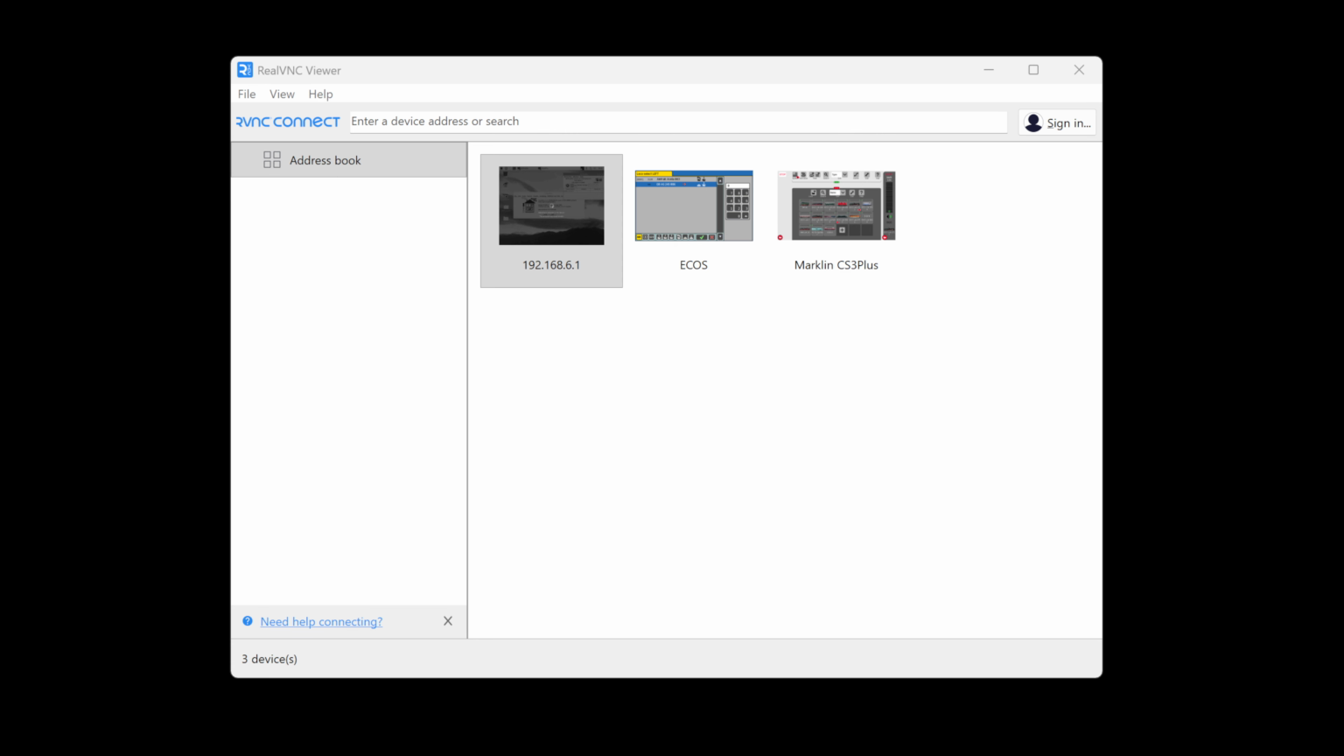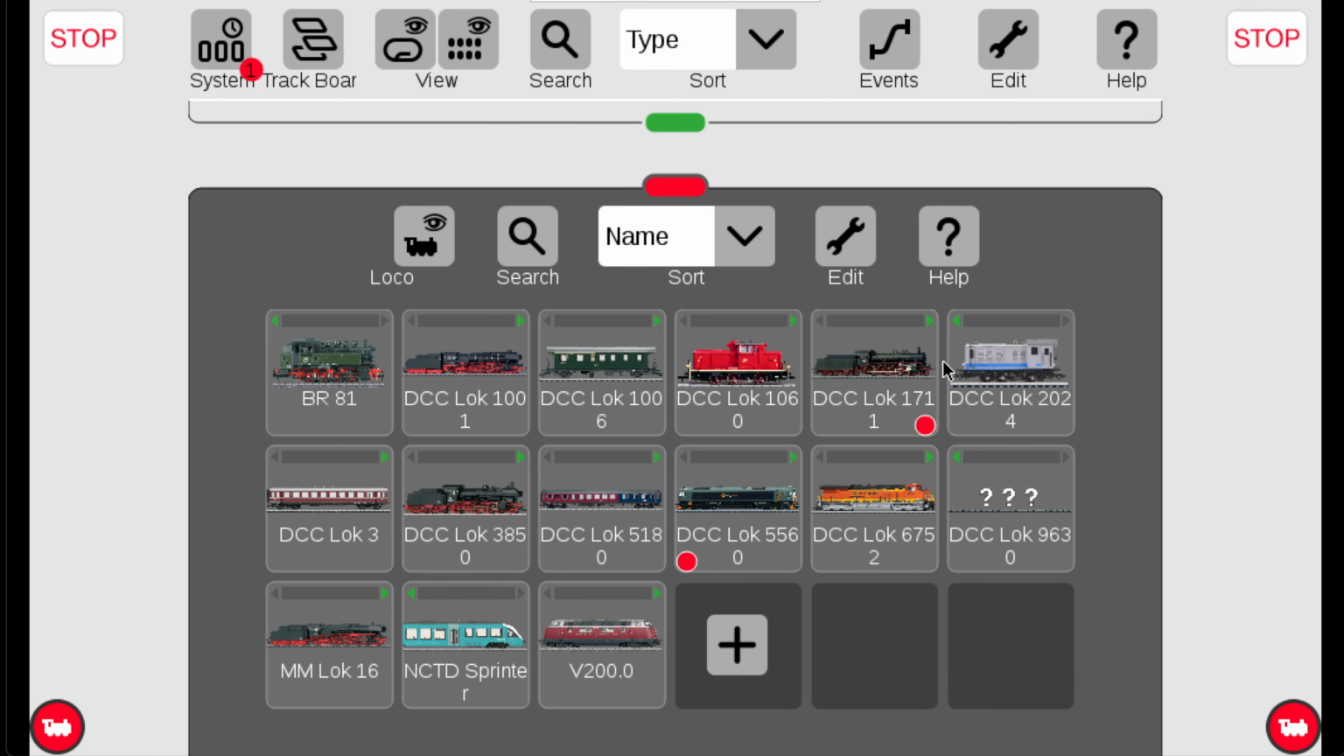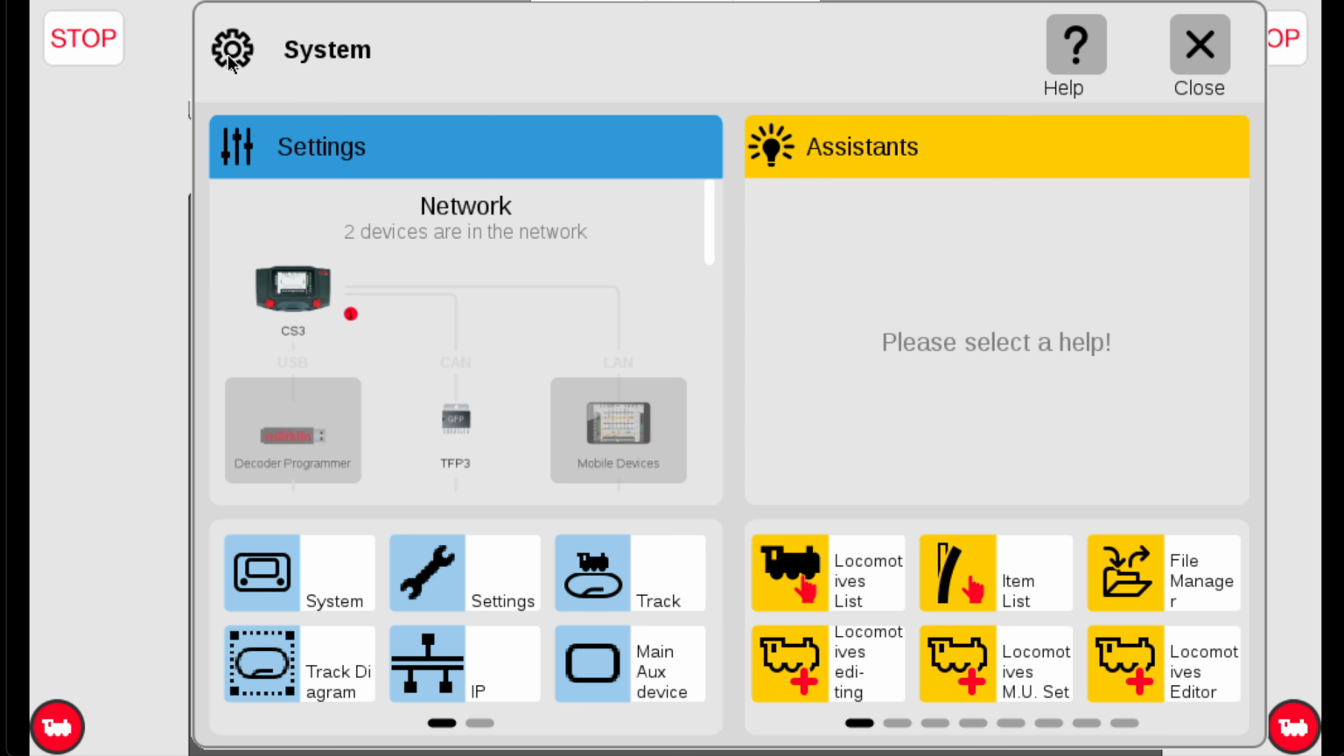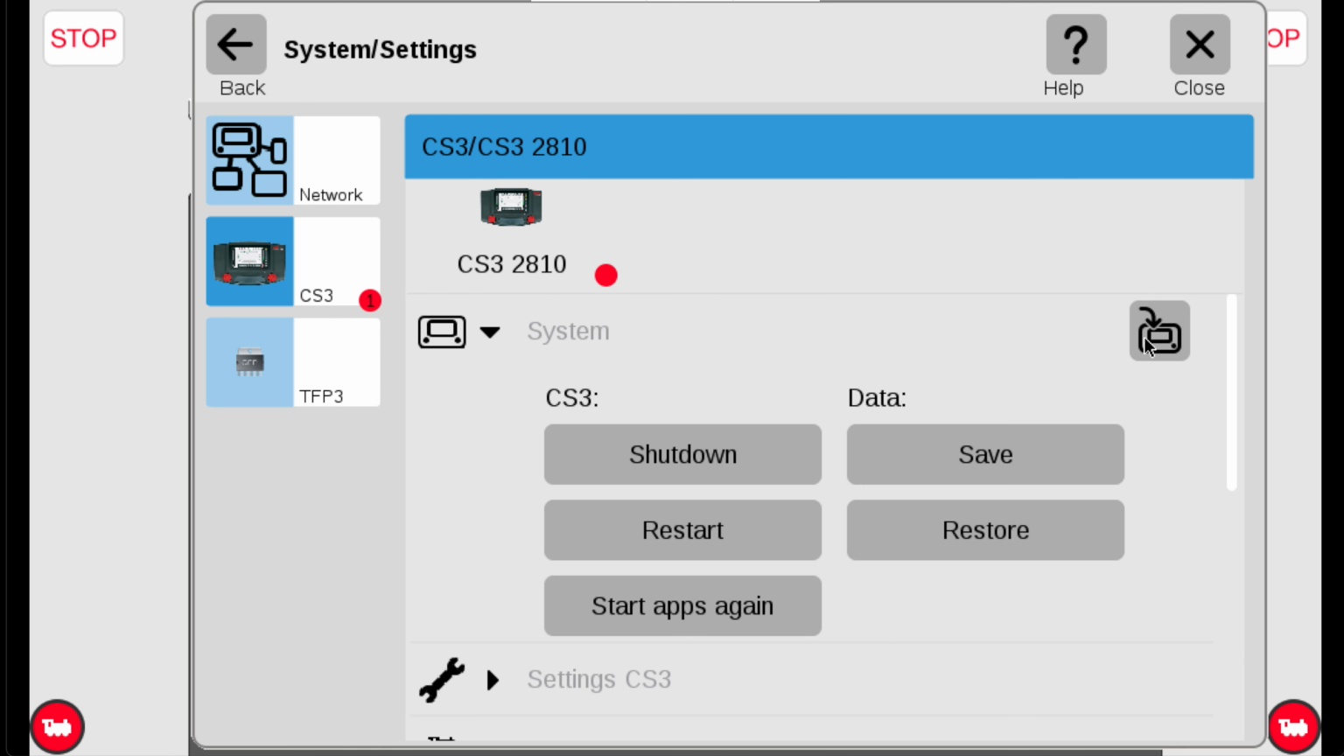Anyway, to do that, I updated my VNC viewer to the latest version. The previous one was working fine, but the newer one is a little bit different, so I have better control of the screen. So I'm remotely connecting to my CS3 Plus, and what I see here on the top left, a red dot, means the command station has an update, and that's what we're going to do,